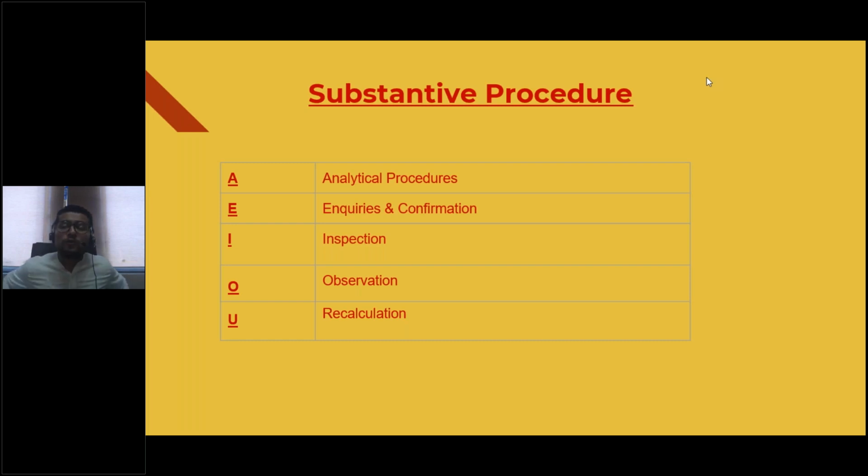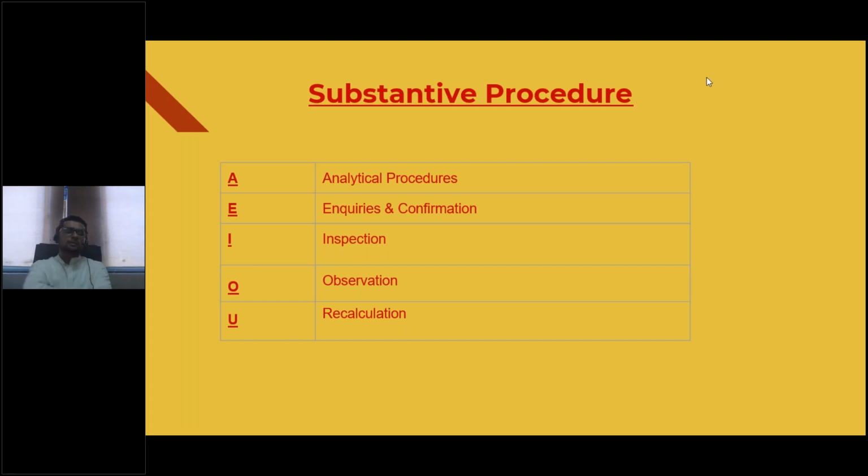Maybe you would like to verify the existence of receivable through the receivable itself. Maybe you would like to contact them. Maybe you would like to write them a letter, and maybe you would like to get some kind of a confirmation. Maybe you would like to verify the valuation of a legal claim by contacting the legal advisor of the client, and you might want to have a confirmation in writing from the legal advisor that a certain liability does exist. So this is confirmations.